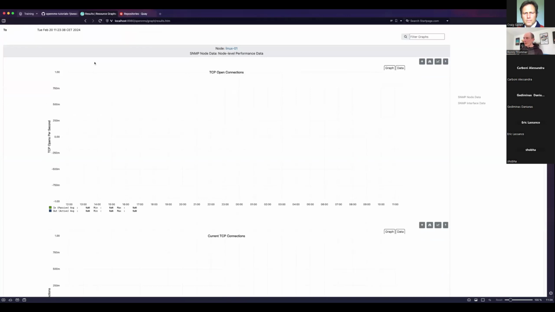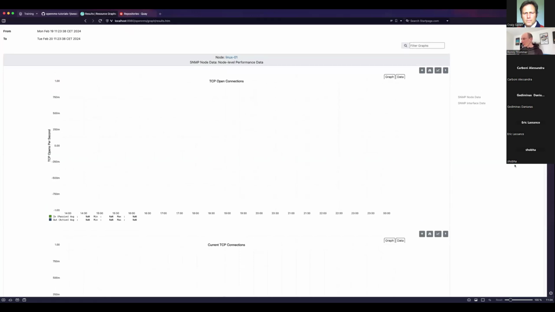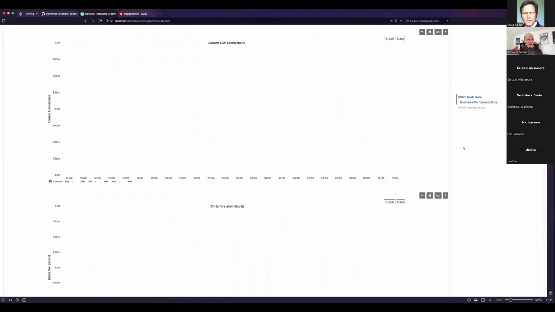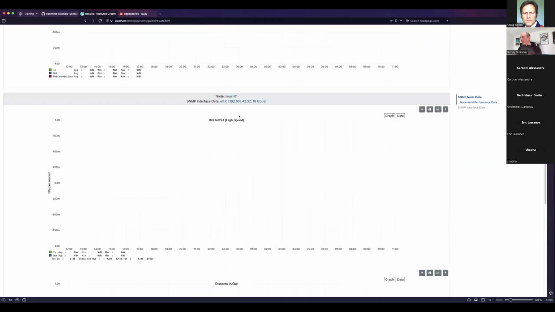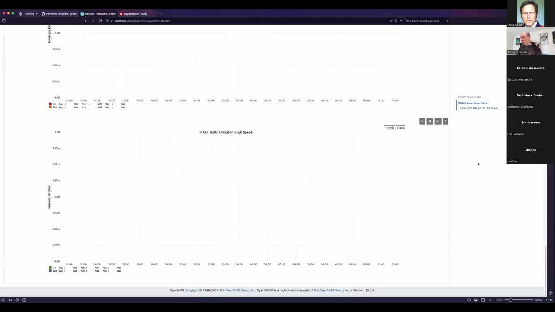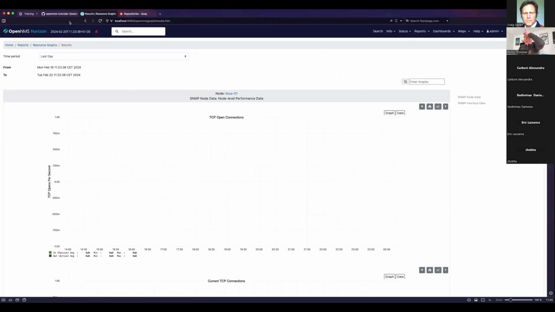So what basically happens is Collectd tries to fetch metrics for TCP open connections. That's already built into OpenNMS, so you don't have to take care of anything. It's basically a pre-baked configuration in OpenNMS already. And then you have the network interface metrics, like bits in and out, discards, and the default metrics for network interfaces.